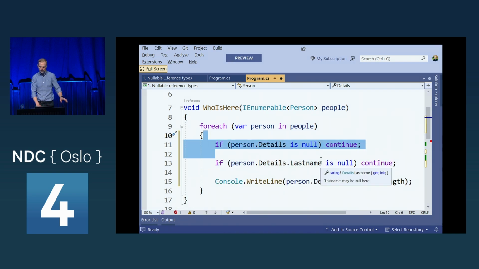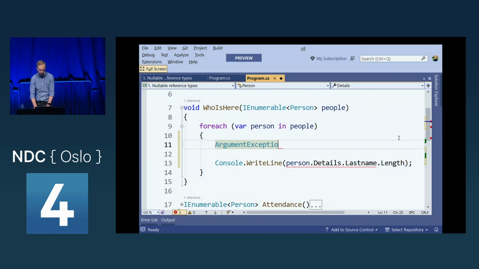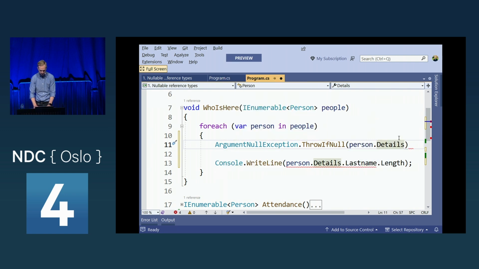It also knows that if I perform the null check in another method that I call, and that method can promise that it's performing the appropriate null checks. An example of that would be the class called ArgumentNullException.ThrowIfNull, and I can say person.details. And we could do the same for the last name.